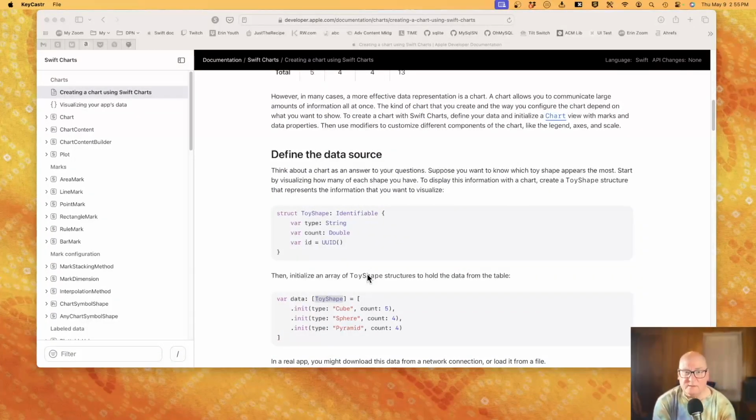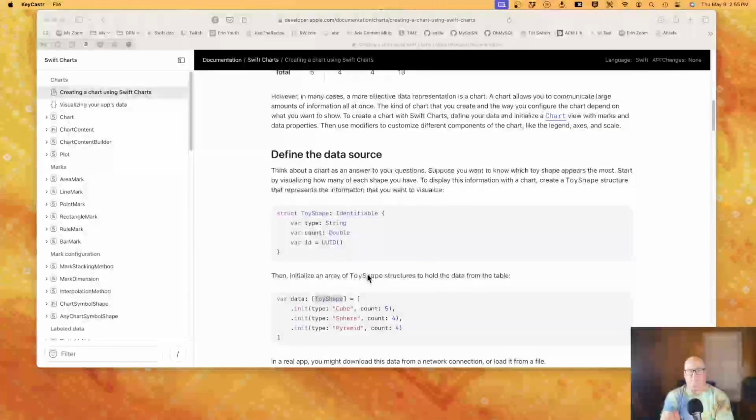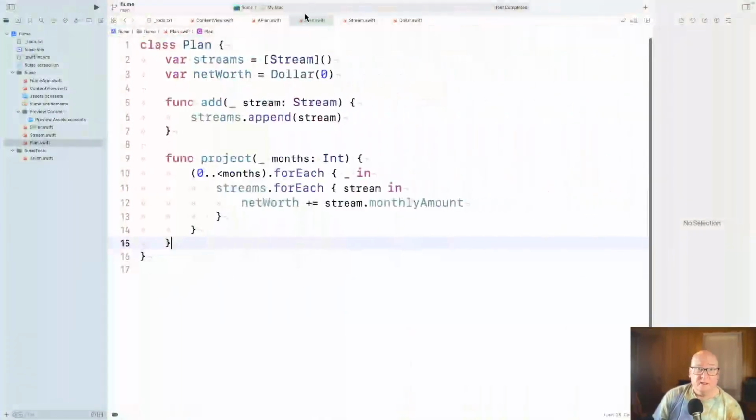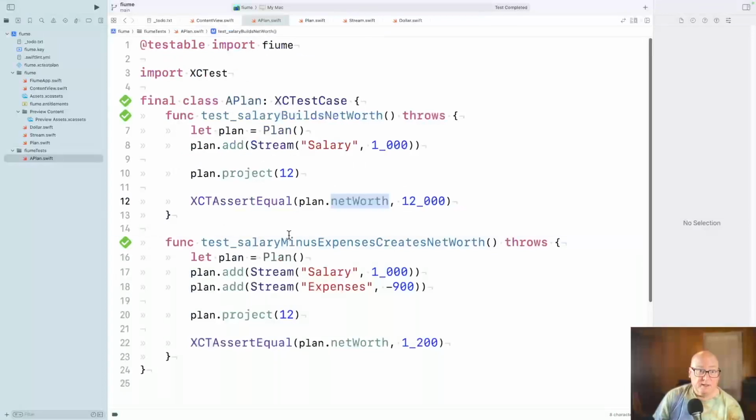I don't know why that's important. Line chart data takes a month and a value. Yeah, I think you're right. I mean, like a month number. All right. So let's make plan.